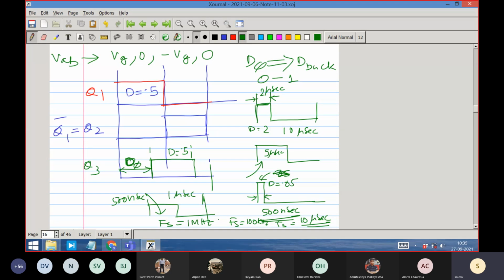In the other case, with 0.05 duty ratio, I could not have gone beyond 10 microseconds. That means a switching frequency of 100 kilohertz, because otherwise my circuit will not operate properly, because my duty ratio generation will not be correct. I will not be able to generate a duty ratio of less than 5%. Here I assume the same limit in my circuit. I am not changing the circuit limit. I have the same limit that I cannot produce any pulse less than 500 nanoseconds.